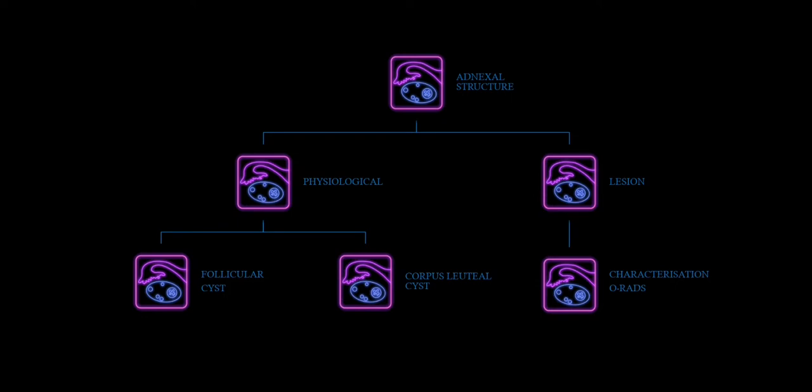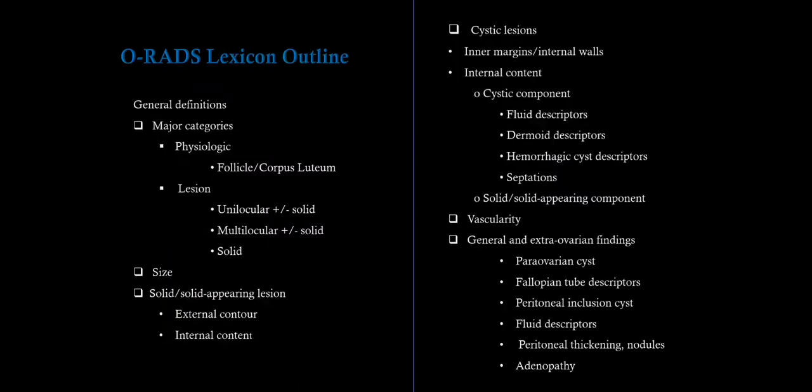If we see an adnexal structure, we should be able to divide it into either a physiological structure or a lesion. If it is physiological, it will be either a follicular cyst or a corpus luteal cyst. However, a lesion needs further characterization. So the common lexicon that is used